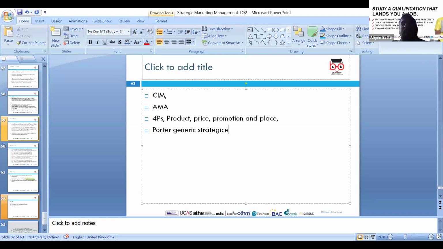We mentioned both generic strategies, and we had a discussion about Porter's five forces, and we discussed PEST: political, economic, social, and technological external environment and external factors. And we had a discussion about digital marketing, its role, CRM, CRM systems, and segmentation and basis of segmentation. So these were the key buzzwords for our lessons today, and we can focus on these to enhance